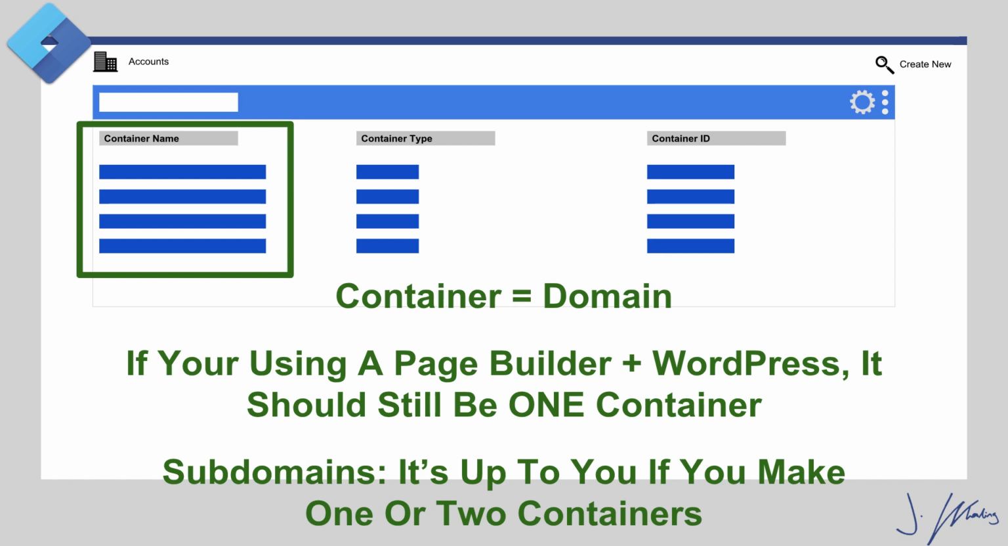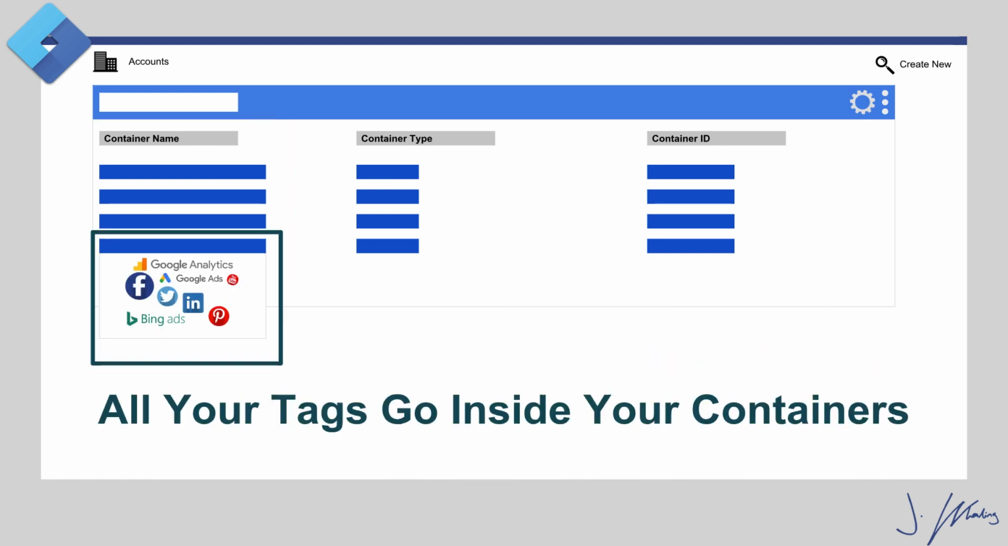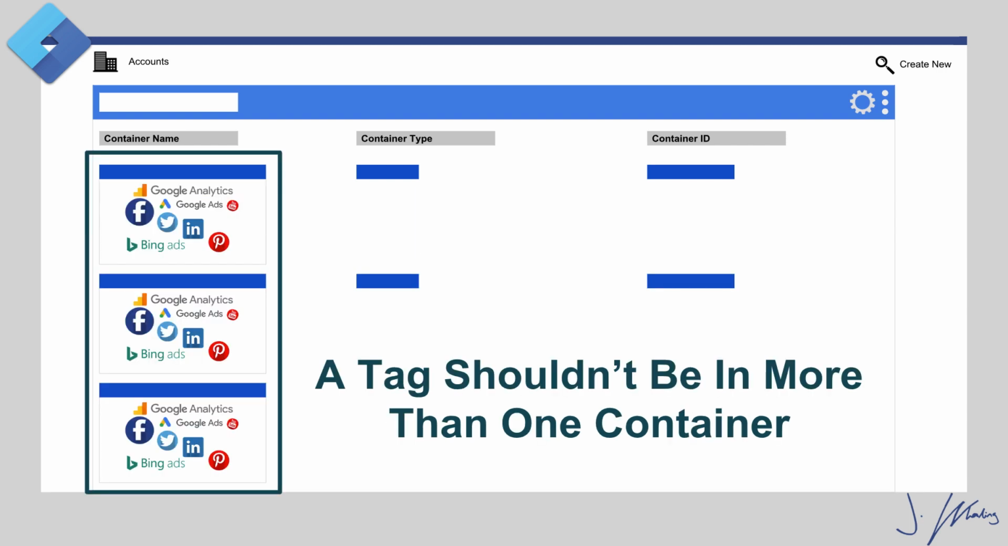But if you're using the same domain, I know this is confusing, but if you're using the same domain, even if they're in different places, use one container. Now, inside of your containers is going to be all of your tags. And something that can really trip you up is you want to make sure that there is only one tag